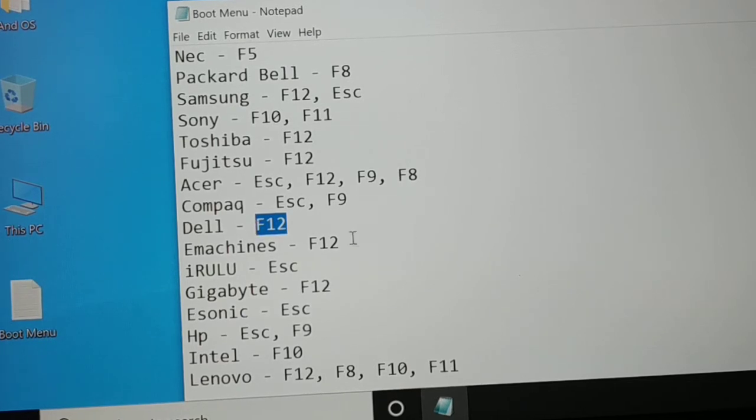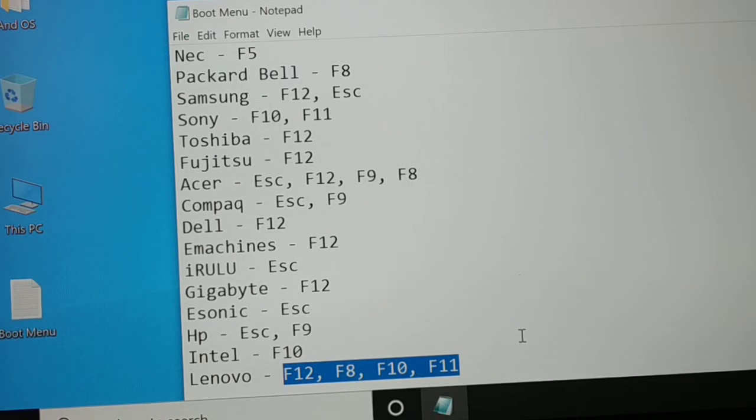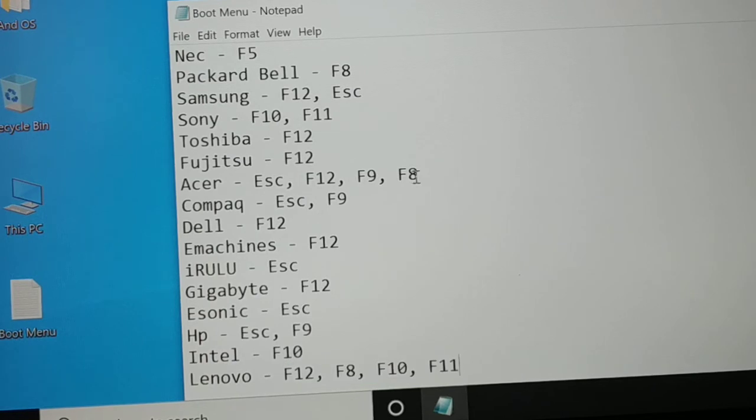Along with all these, okay guys, one thing I would like to tell you, you can see here's the list of keys. If you're using eSonic, it's the escape key for the desktop. If you're using different other brands, if you're using this brand, you have to press this key. You have to try this key. Maybe sometime for some brand, maybe for some model F12 works, maybe for some desktop F8 key works. So you have to try. So this key will help you enter directly into the boot menu. And you can directly choose the boot option, whether you want to boot from a DVD, pen drive or a hard disk.